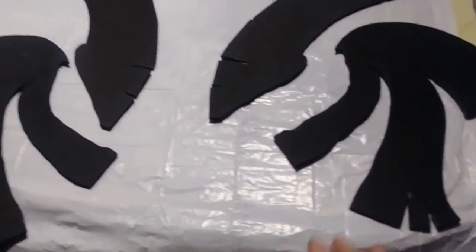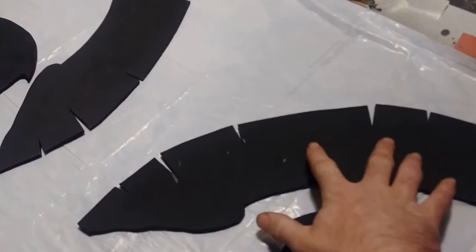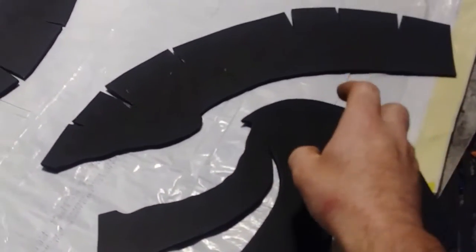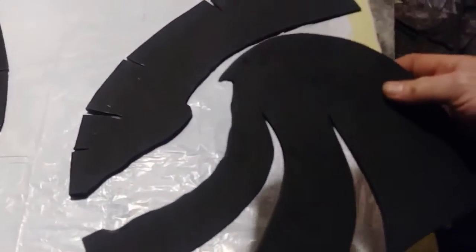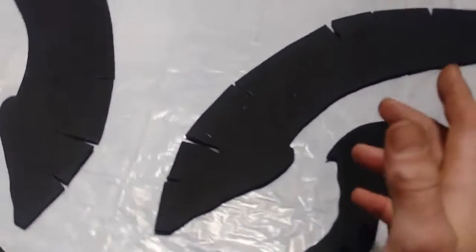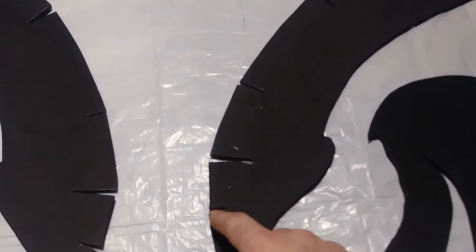Okay, so I cut out my shell pieces. If you happen to purchase patterns on Etsy, the two main shell pieces are in two pieces, and you have to tape the pattern pieces together to get your full EVA foam pieces, unless you want to do them separate, of course. And the first thing I'm going to do is I've applied contact cement to each side of these